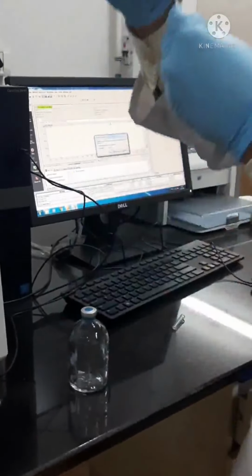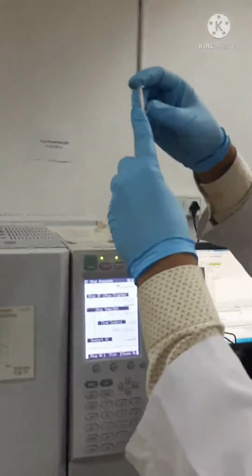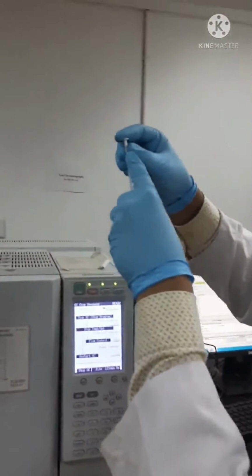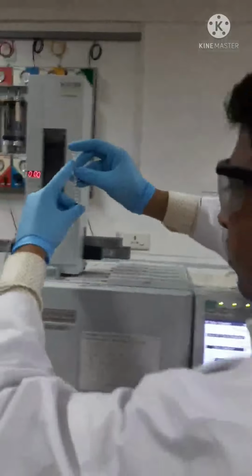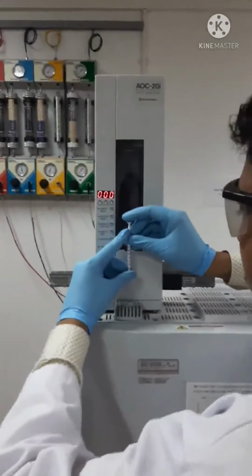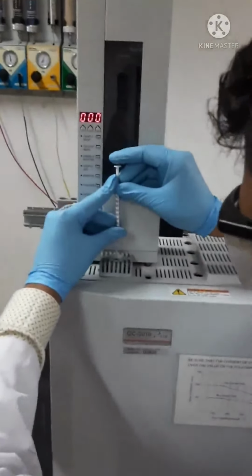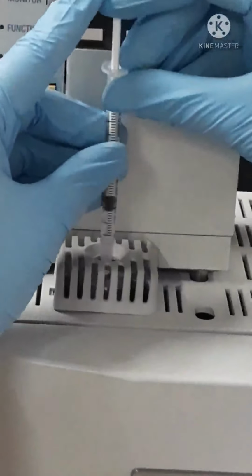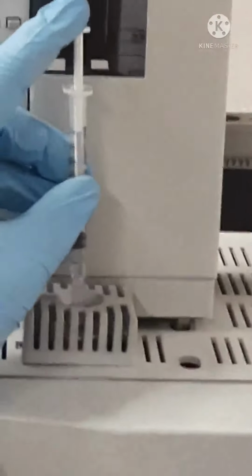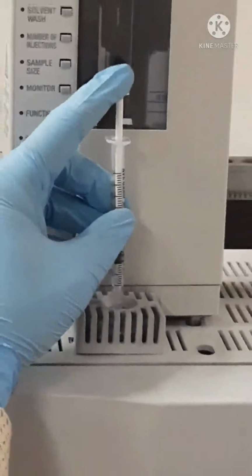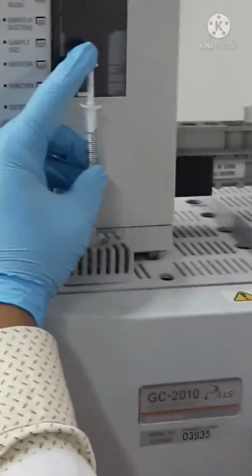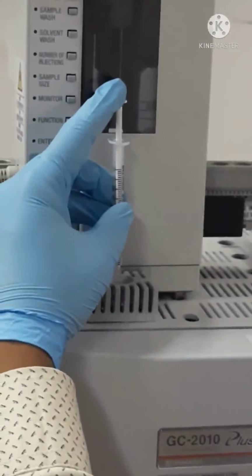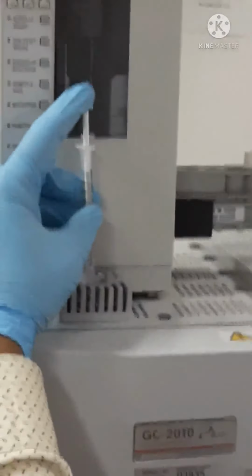If I need 200 microliter, I will go to 200, then hold the needle upright properly and see. You just hold the needle also. Here also the back pressure will be there, so it will be pushed out. And the thing is that we shouldn't keep the plunger more here at the time of the injection. First do the injection and just give the start.